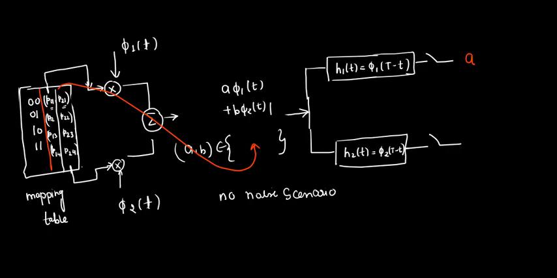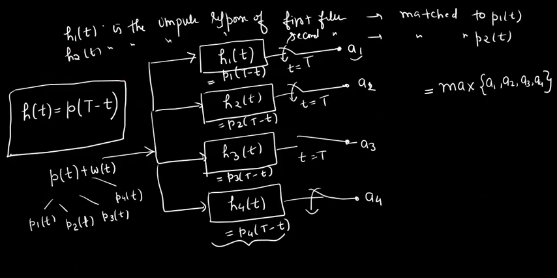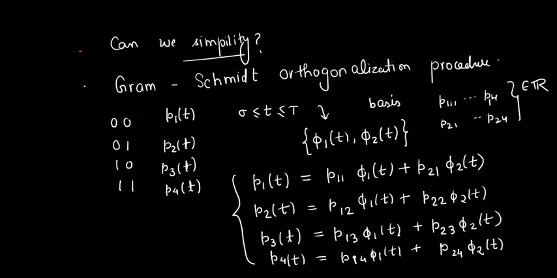You will extract A, you will extract B. My claim is that once you pass this type of signal through this, you will be able to extract A and B. And how this works, we will see in just a few minutes. Earlier we had to design 4 different match filters, and accordingly take decisions. But here